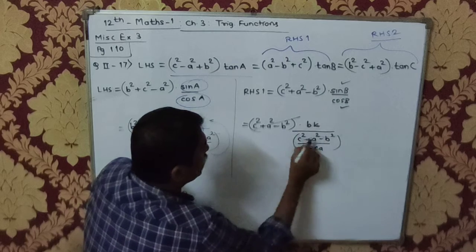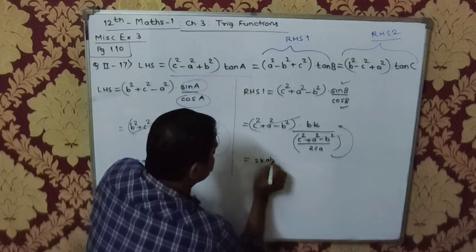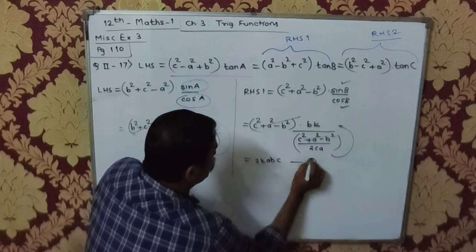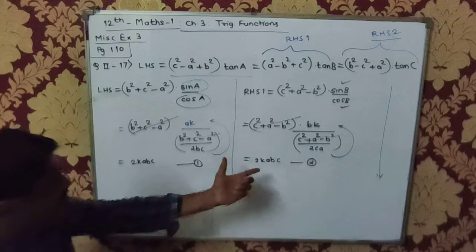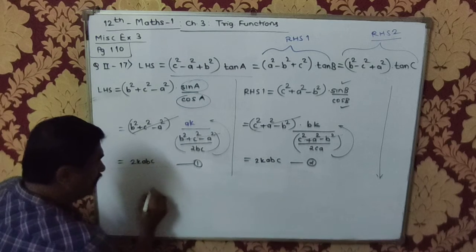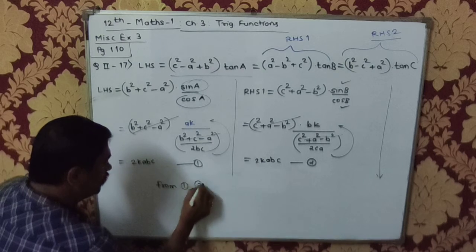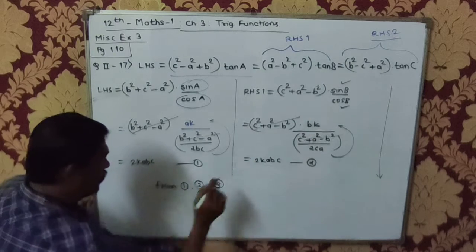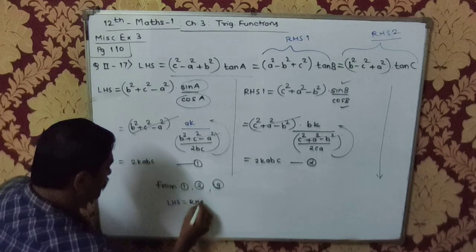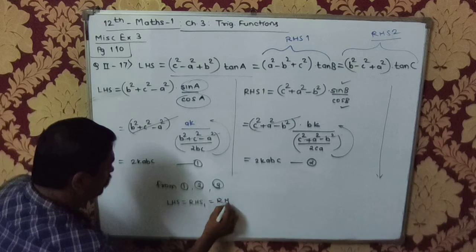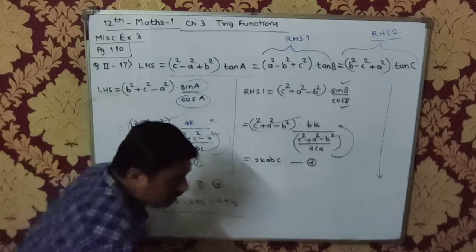इसमें से ये ब्रैकेट पूरा कैंसिल होगा, डिनोमिनेटर goes up in the numerator. This will become 2k times abc. Now that is RHS1, equation 2. और इसको RHS2 को भी आप अगर वही सॉल्व करेंगे तो you will get the same expression. And therefore from 1, 2 and 3, जो कि आप लोग डिराइव करोगे, वहाँ से आएगा LHS is equal to RHS1 is equal to RHS2, and that proves the given problem. Okay, please check this.